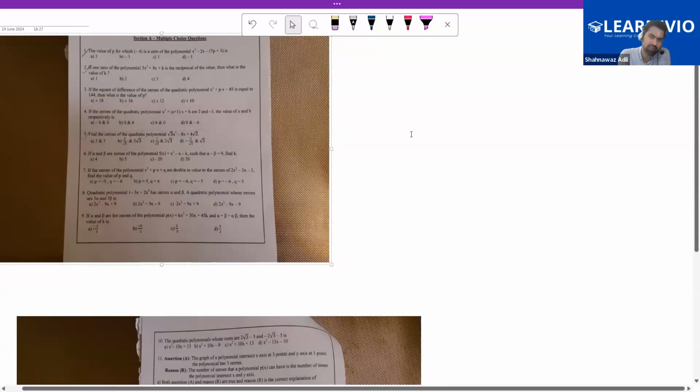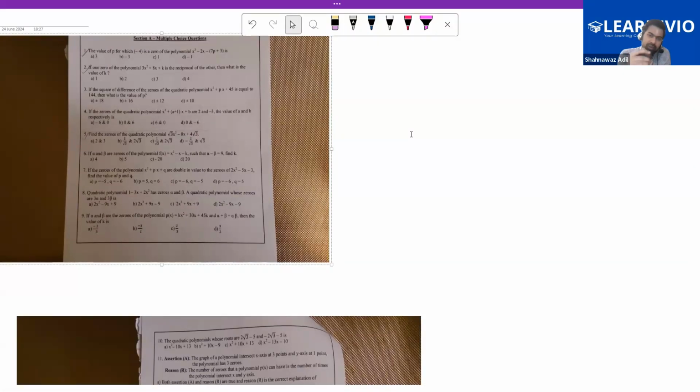What is the general form of the quadratic polynomial? Please explain what the zeros of the polynomial are. What are the zeros of the polynomial? Right. Okay. So